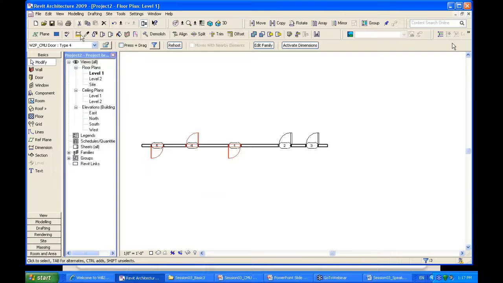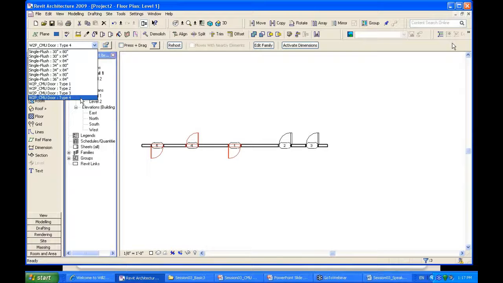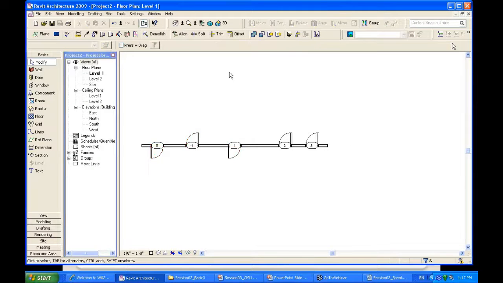I had 3 doors whose type was type 4. 3 different doors. I right-click select all instances of said type. Great little tool to use. Why? Because if you have all of your